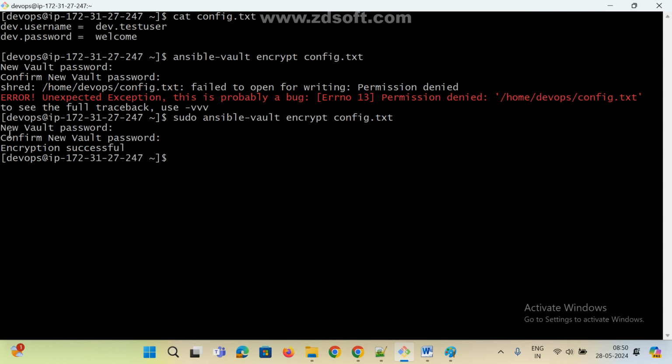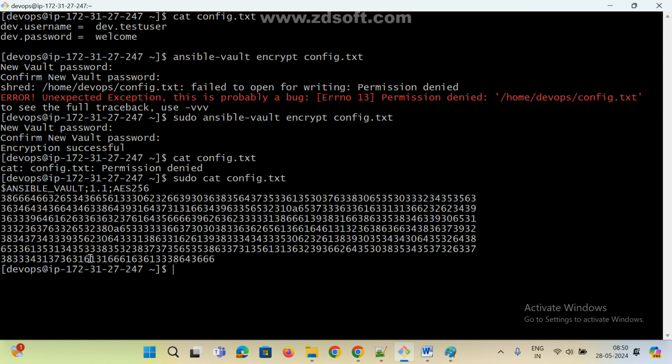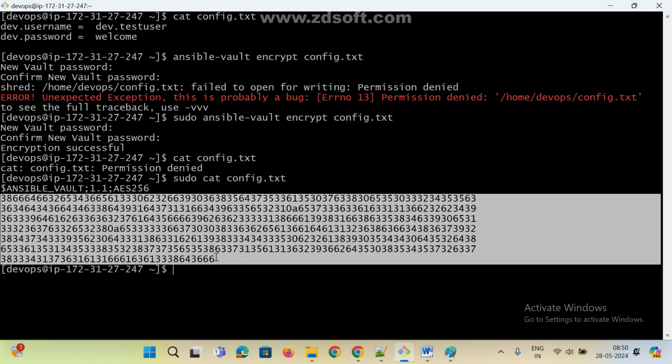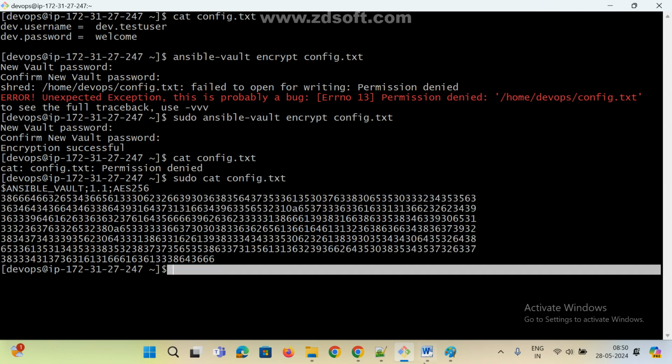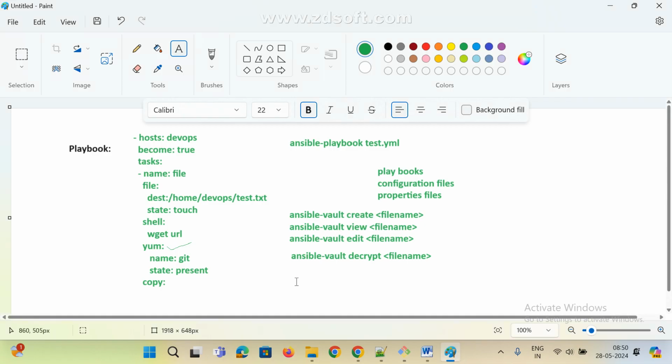Okay, encryption successful. Now see here, cat config data. Now we don't have permission, also. If you want to even see, sudo. Now see here. So now we know encrypt and decrypt. So directly, if you want to